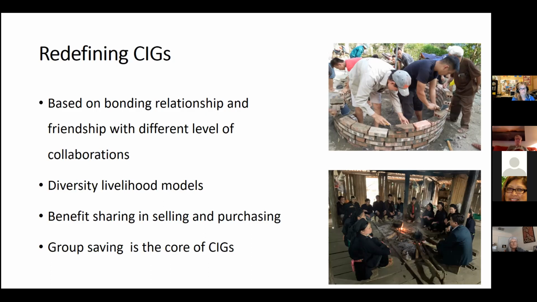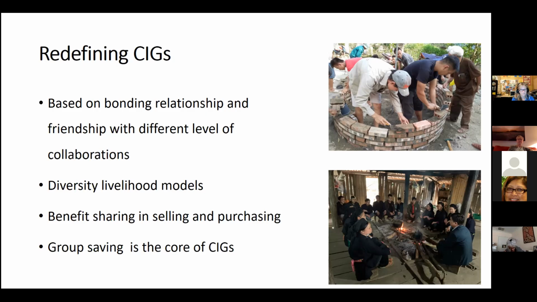livelihood model, based on bonding relationships and friendship with different levels of cooperation. They divide it so that for some groups, probably their level of development is not strong enough to connect with the market. But first of all, they need to focus on food security. Somehow they should be connected to each other to support production. And for a higher level, probably we need to promote market access and then support with credit or loans. So by redefining CIG,